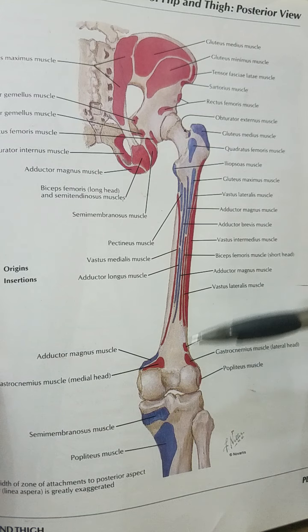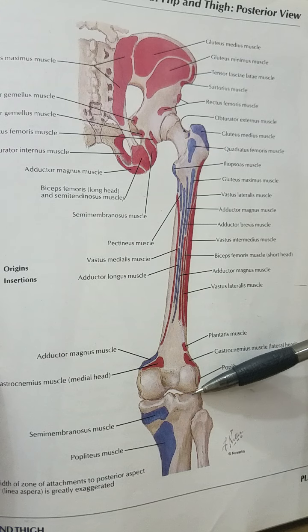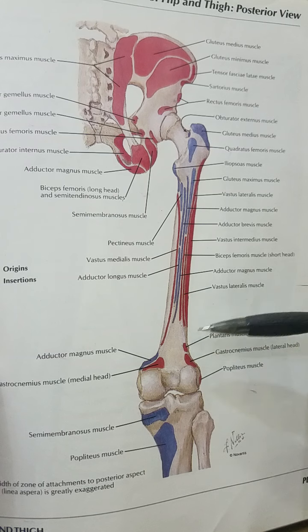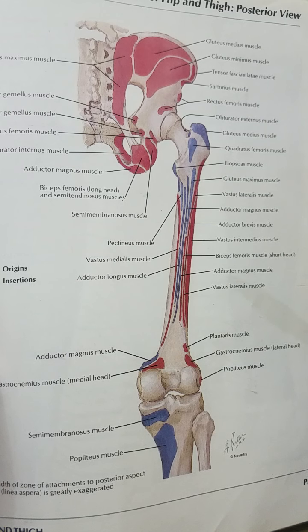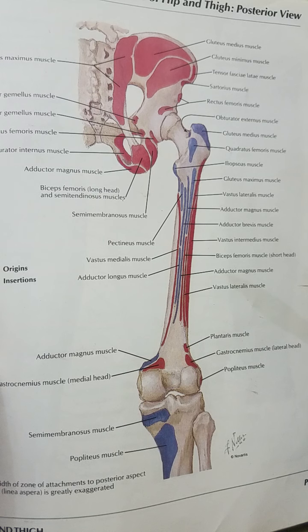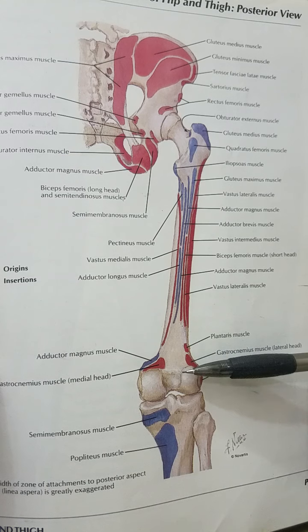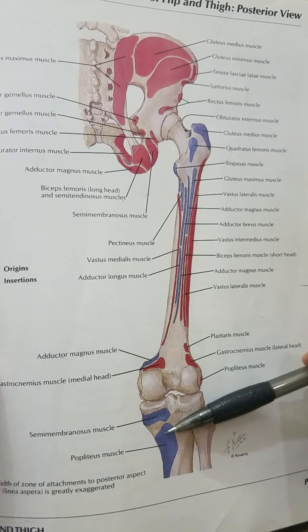Now here's a small muscle, you can't see it here, but there is a small muscle here which is known as the popliteus muscle. It is a small triangular muscle, and it is very important in unlocking of the knee joint. Now we haven't discussed that, and we of course will later, but unlocking of the knee joint is when you are going to start flexing the knee joint. When you start the flexion of the knee joint, it needs to be unlocked, and then you can flex the knee joint. So for unlocking of the knee joint, the popliteus muscle is very important. It's a small triangular muscle present here.